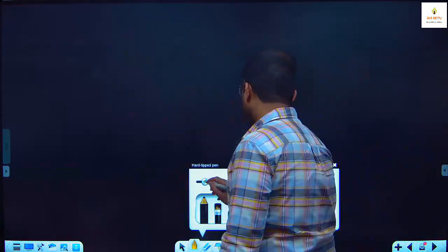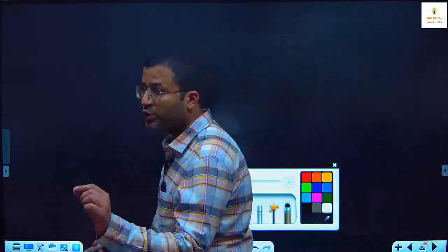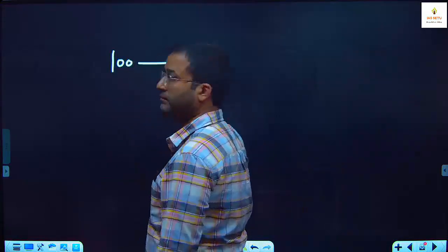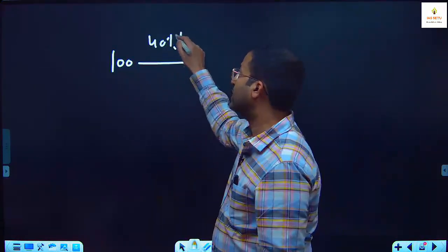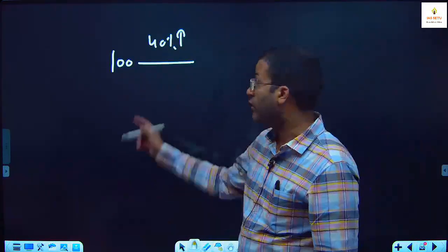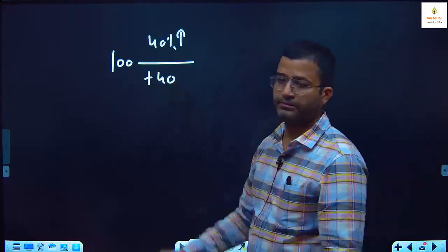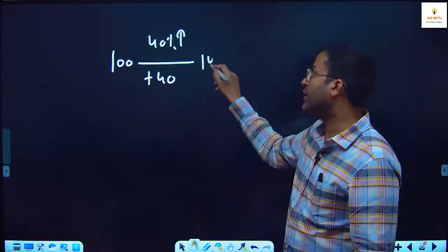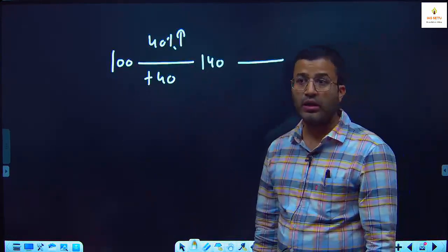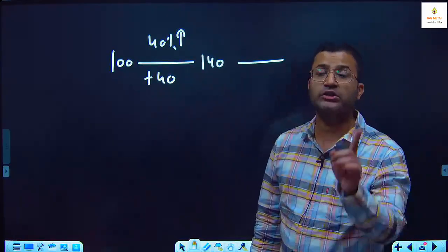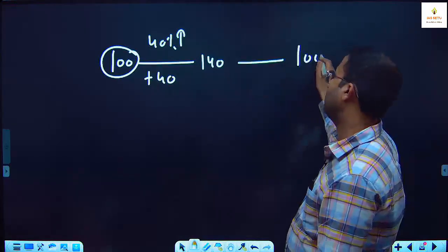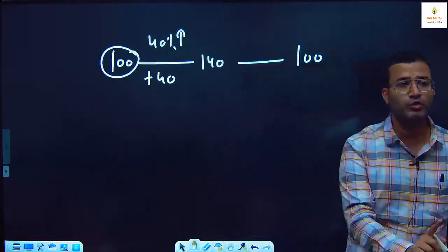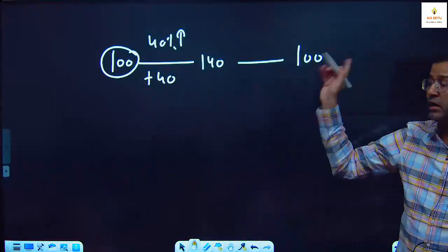See what you have to do in PCC. First rule is you start with 100. Then the question says length increased by 40%. Step number 2, 40% increase. What is 40% of 100? 40. So 100 plus 40, it becomes 140. And make it a rule in type 1 question when area is same, budget same: if you start with 100, you have to end with 100. टाइप 1 का ये रूल है, 100 से स्टार्ट होना है और 100 पे खत्म होना है।